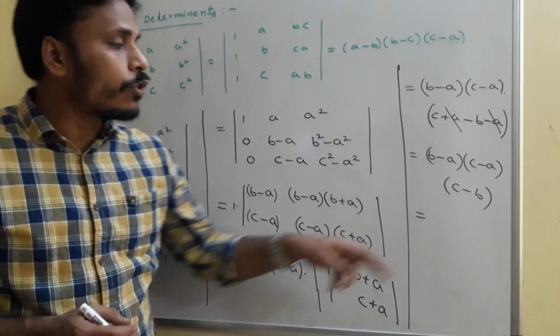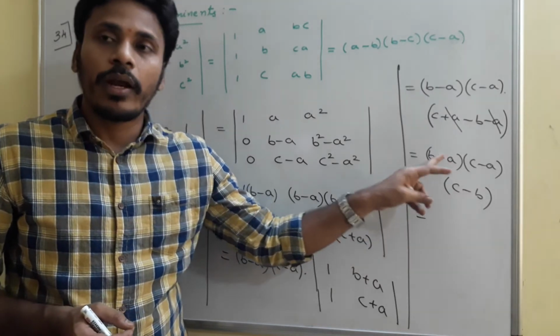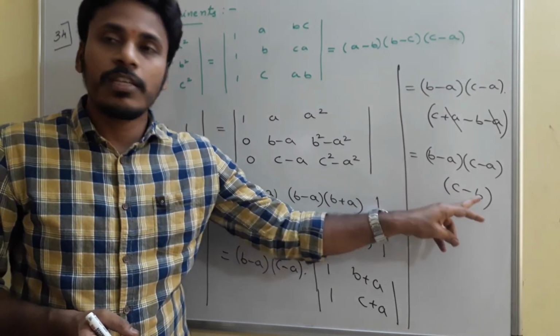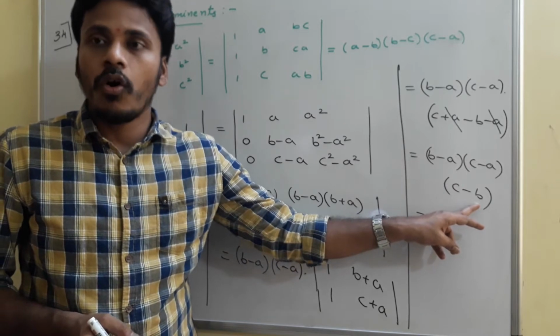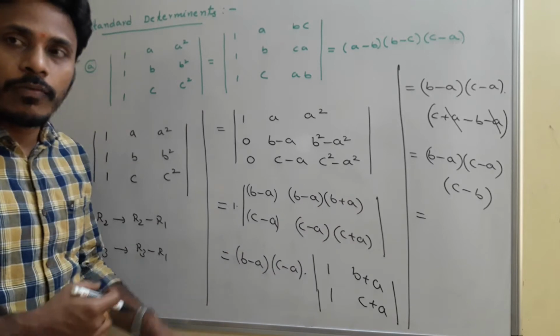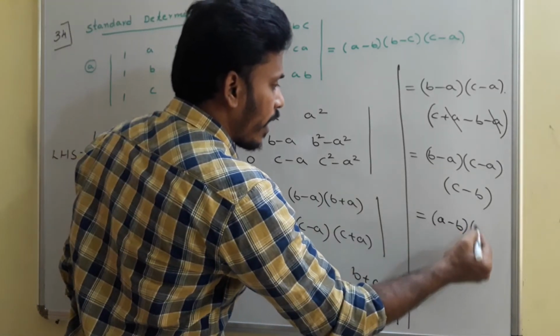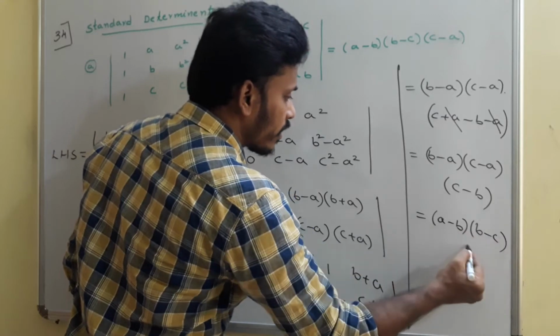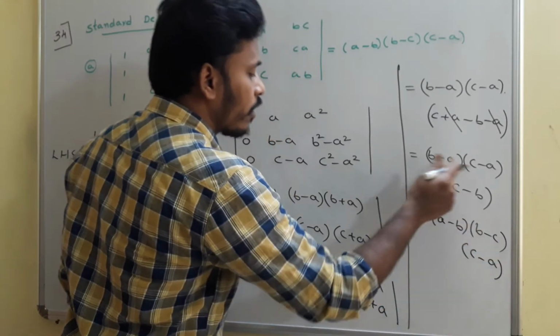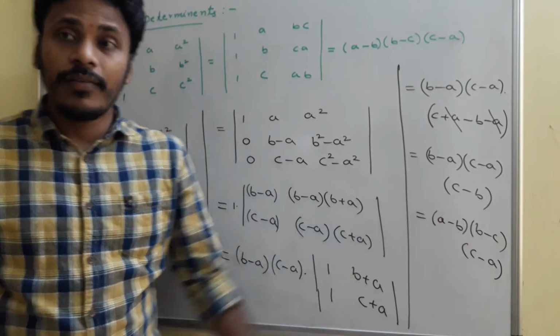And then if you wish to write this C minus B as B minus C, again you need to write 1 minus out, because C minus B is minus of B minus C. So at the end, two minus terms will come out and the product will become again positive. So easily you just rewrite it like A minus B into B minus C into C minus A, the product of these three, but in the required order. Okay, just have a look at the end.